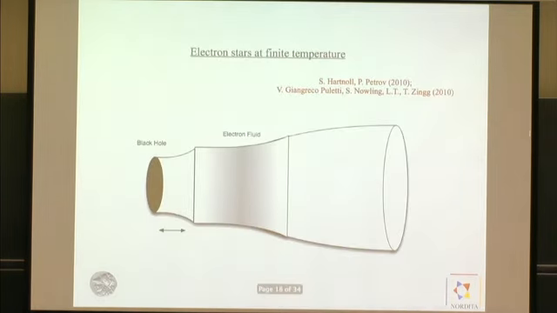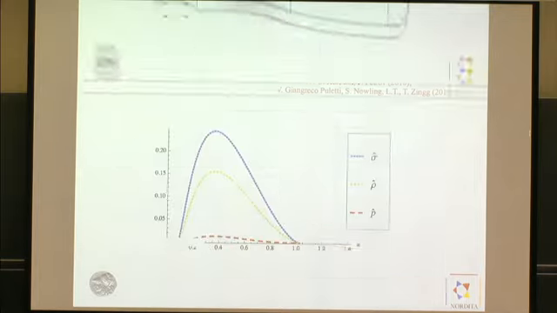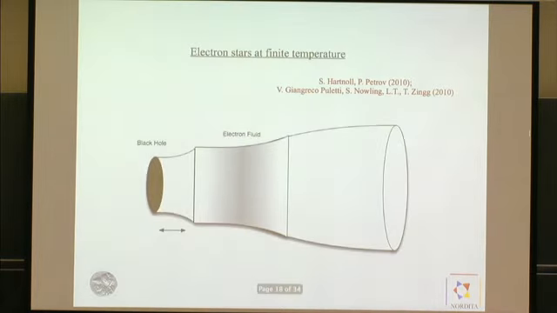Okay. So now I want to generalize this to finite temperature, and then I want to generalize it to a finite magnetic field, and the magnetic field will be sort of pointing in the radial direction, so that it's transverse to the two-dimensional spatial slices that I'm interested in. Okay. Now, the generalization of the electron star to finite temperature was worked out simultaneously by our group and by